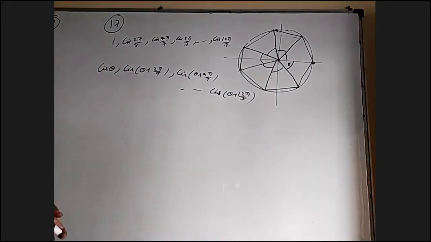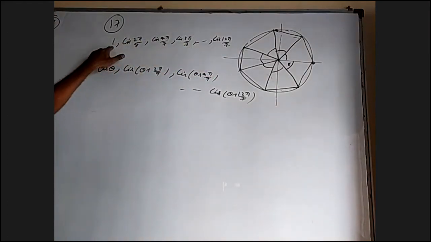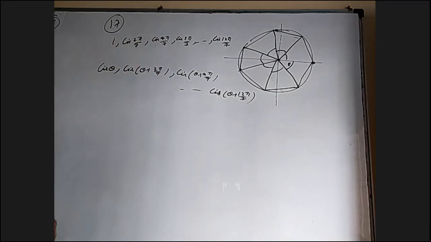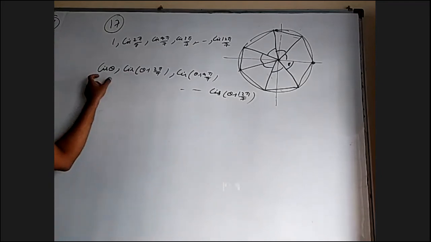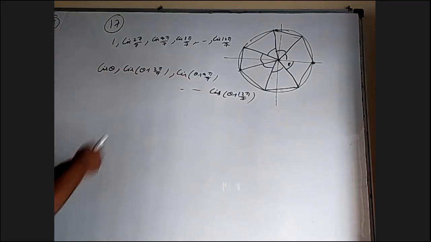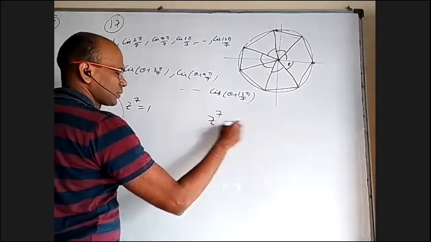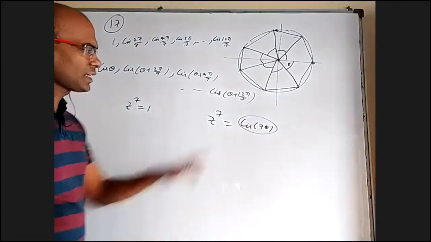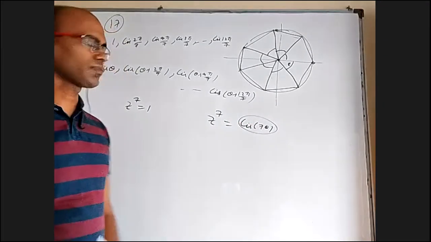Now, it doesn't matter. If you do power 7 to all of them, you'll get 1. 1 power 7 is 1. This power 7 is also 1. If you take the rotated ones, all of them will give you cis 7 theta. So if I take the first case, I'll get z power 7 equal to 1. If I take the second case, I'll get z power 7 equal to cis 7 theta, and cis 7 theta can be anything, but its magnitude is 1. Theta you can fix, 10 degrees, 5 degrees, 2 degrees, anything is fine.